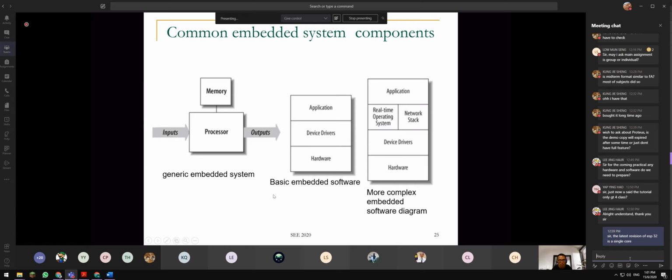But however, in some basic embedded system designs, you always have a bit high end, a bit medium end, the device driver. Probably you can write a device driver for your LCD, a device driver for your keypad, and so on. And then some application. Then for more complex designs, a real-time operating system is inside with a TCP/IP stack, and with all the device drivers. So we will go to the complex embedded software design by that, I mean in this study.